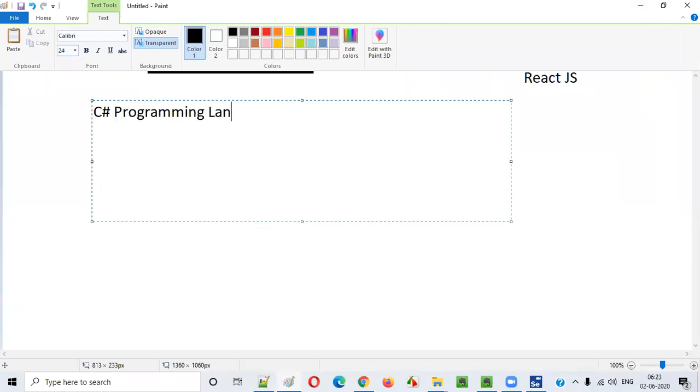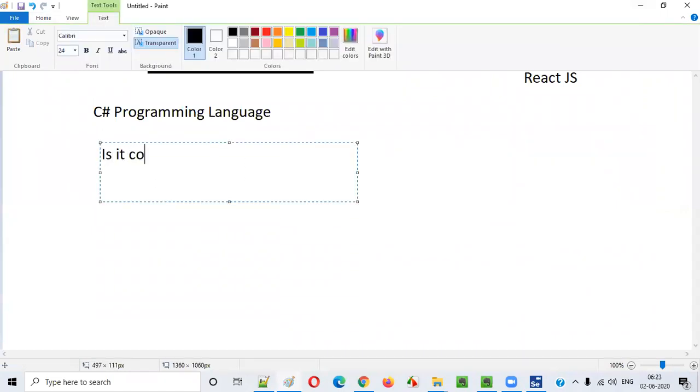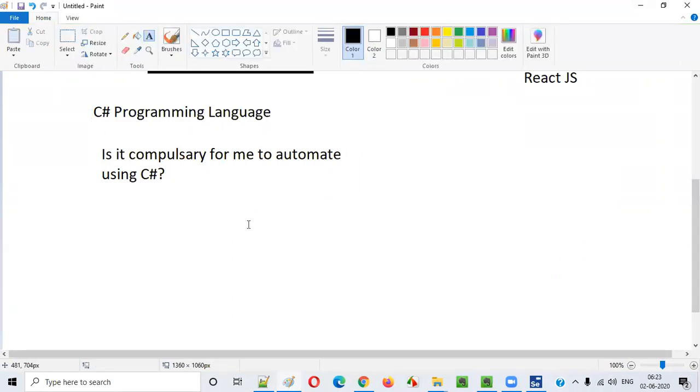So is it compulsory for me to automate using C Sharp? Answer, guys. Anyone? Do I have to automate in C Sharp if the application is developed in C Sharp?